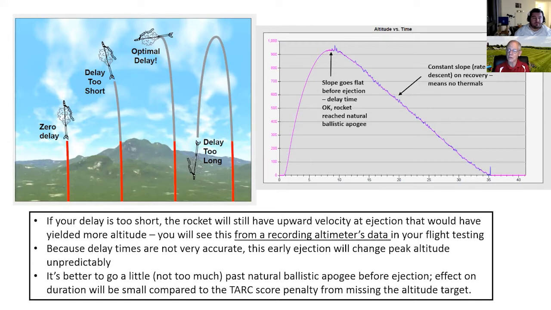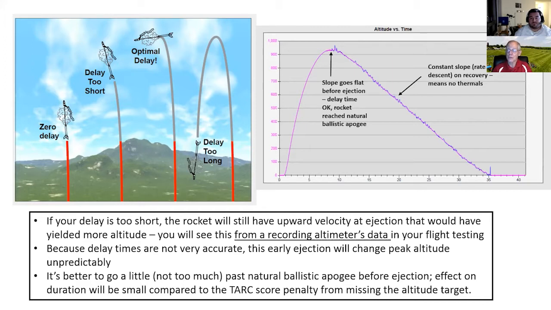But if you have an ejection that goes off before the natural apogee of the rocket, you have changed your altitude dramatically. And so you absolutely have to have a delay time that's long enough for the rocket to roll over the top through apogee and then have an ejection event. Remember, you buy rocket motors with pre-made delays, though with reloadable motors you can adjust the delays. So you may not have the perfect delay. It can be a little bit too long, and you just adjust for that by using a slightly bigger parachute. So it free falls for a second or so before the parachute comes out, and then you have a nice stable descent from a lower altitude than apogee.